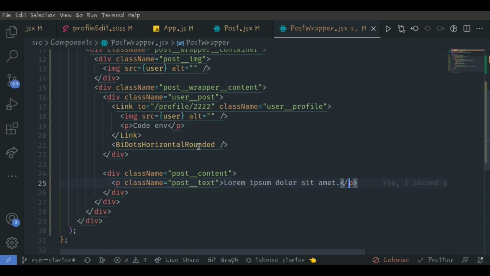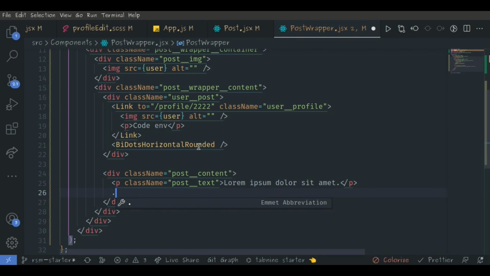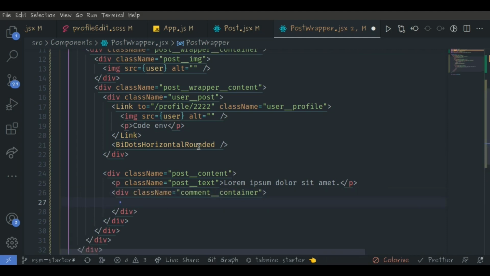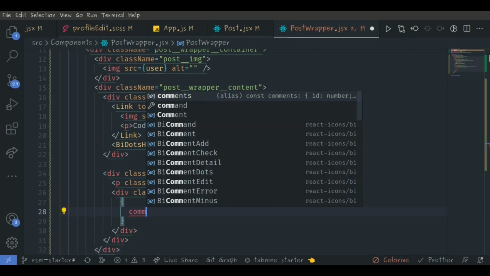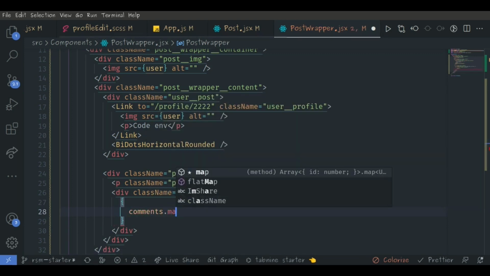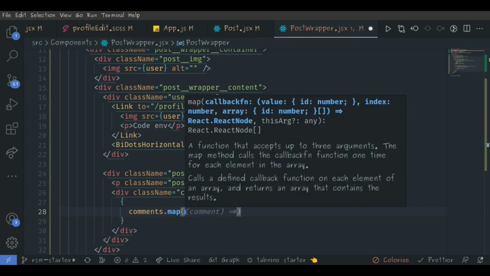Then outside of which I'm going to have a div which is going to be for the comment container, and inside of the comment container I am going to be mapping. I'm going to say comment dot map, and for each comment